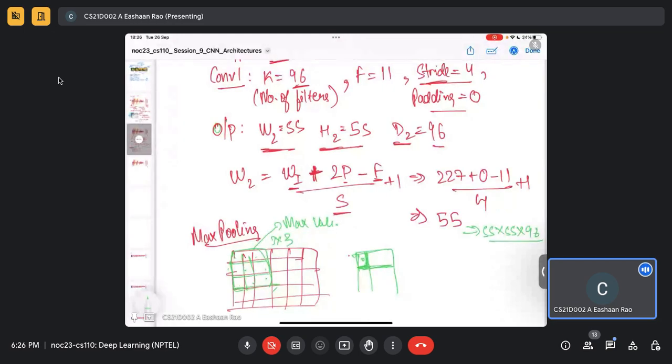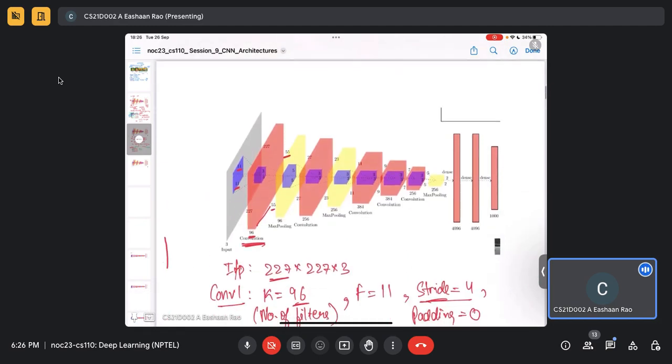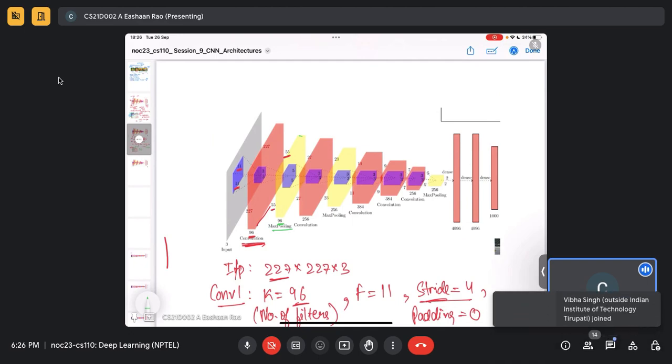It's a pretty big computation, so I have to reduce the computation now because I have more layers ahead. So what I will do is apply max pooling to reduce the size. How are they reducing the size here? If you look at the max pooling, the yellow part, the depth stays as it is, same as the earlier input. There are no changes here because we are not applying any filter, only the 96 stays as it is. And here we are reducing the size of the intermediate image as